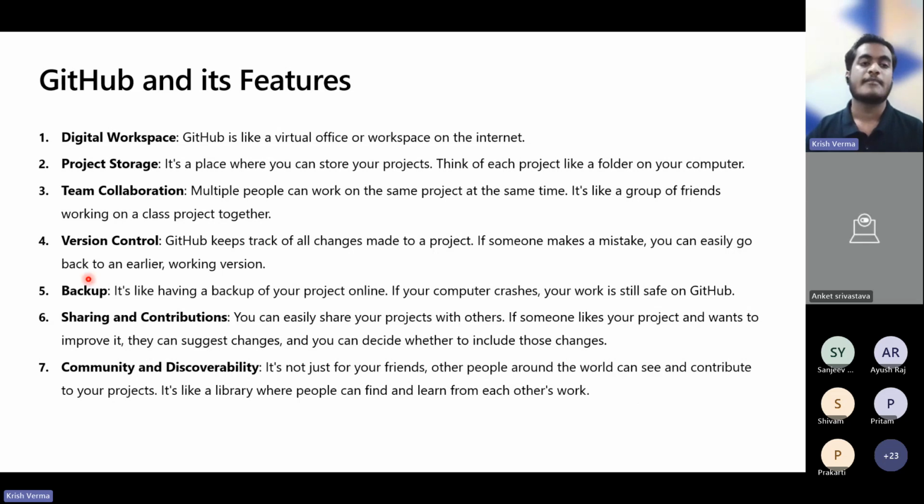So yeah, version control. I was discussing git commit, git push. So what is that? It keeps track of your